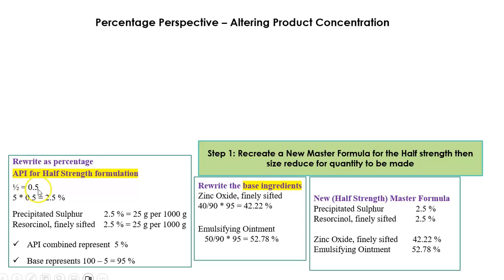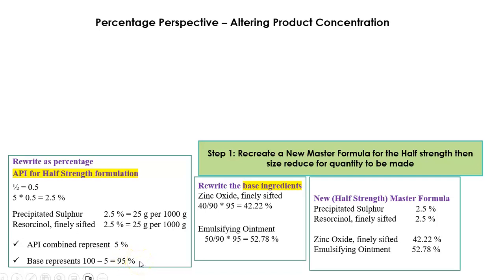We're being asked for half strength, and so half meaning 0.5. So when we multiply 5 by 0.5, we get 2.5%. So here it is that the resorcinol and sulfur each will be occupying 2.5%, which adds up to 5%. It means, therefore, that the zinc oxide and emulsifying ointment will now, in the adjusted master formula, occupy 95%